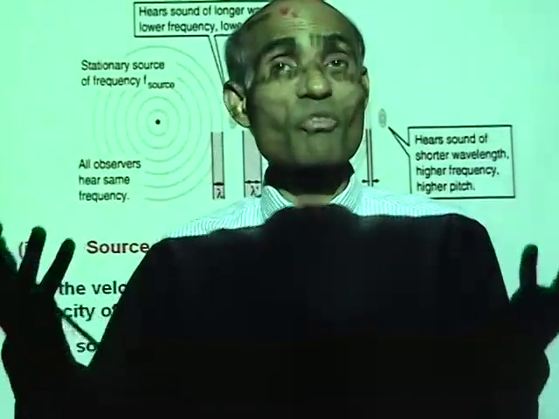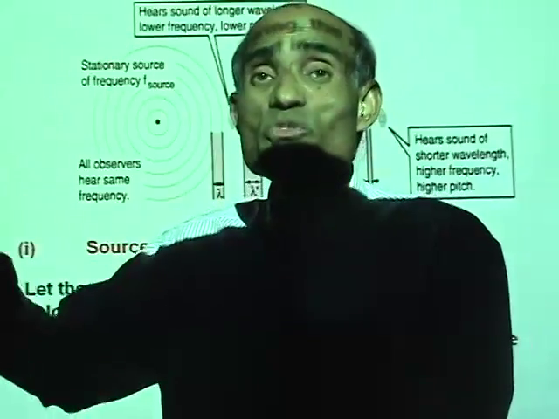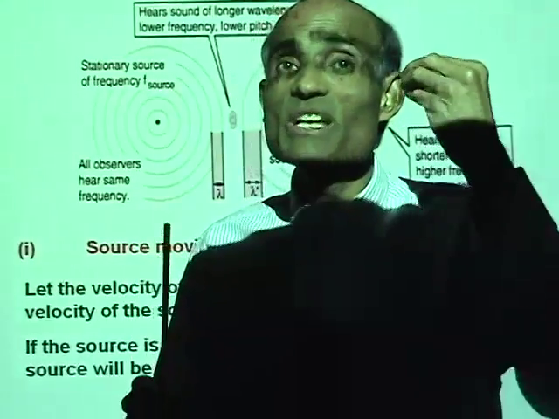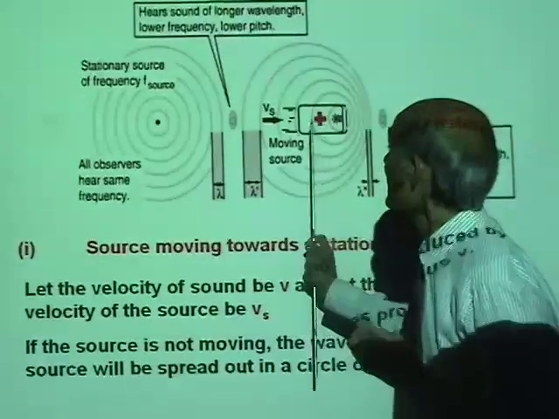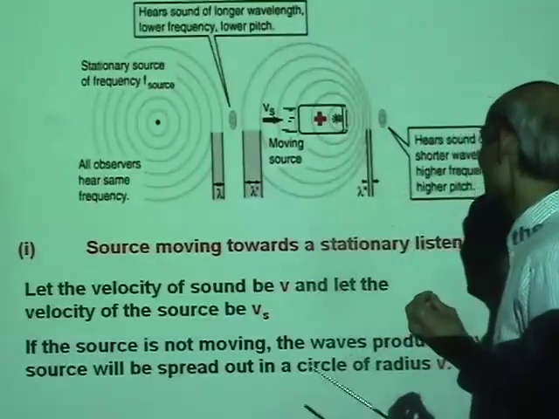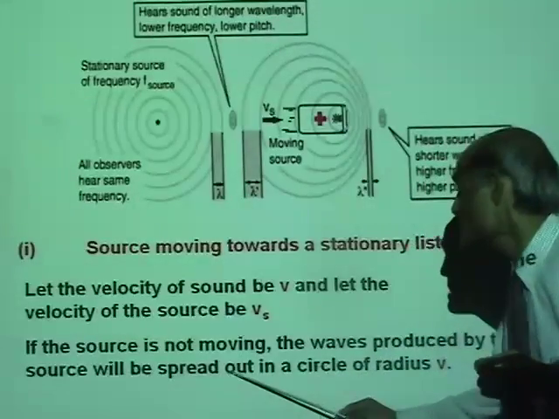Vibration will produce a full wave. So there are 10 waves produced per second. So the actual frequency is 10 Hertz. But if now the source is moving towards the listener, well, I said here the source will be spread out